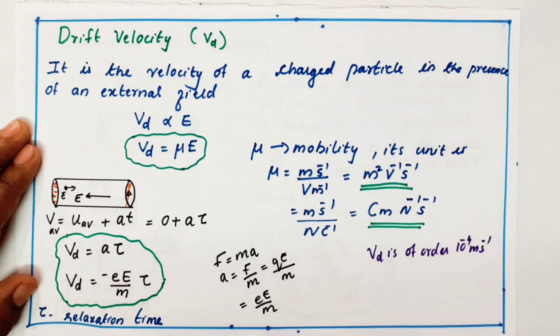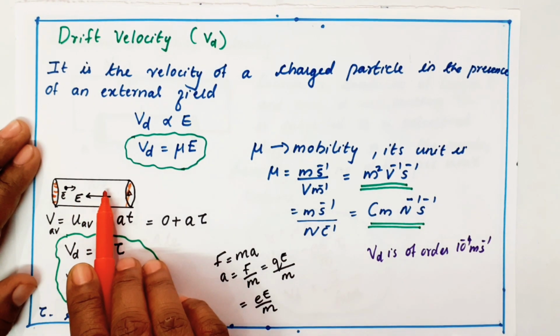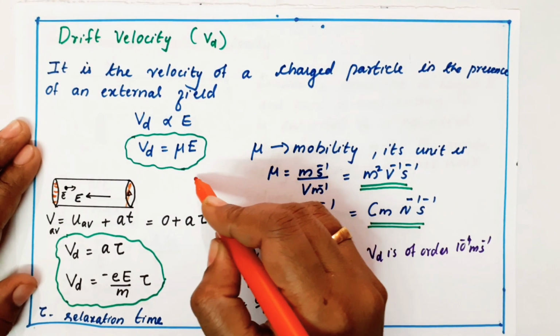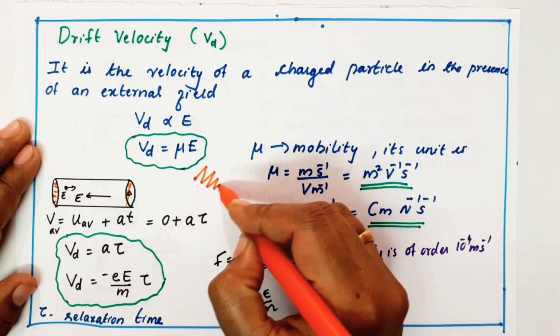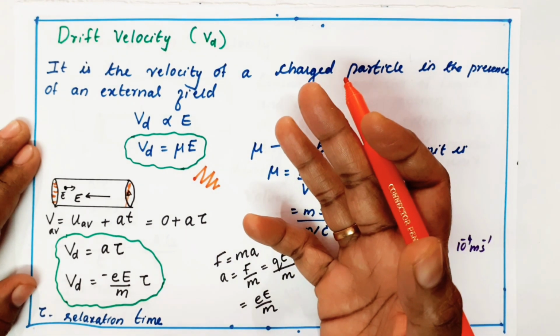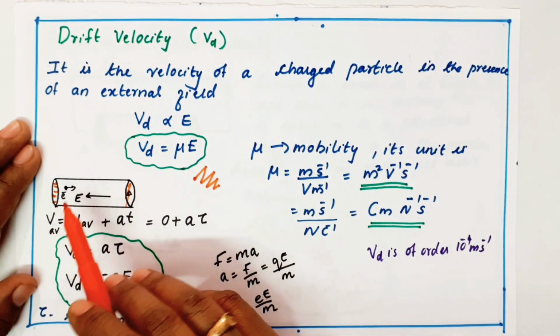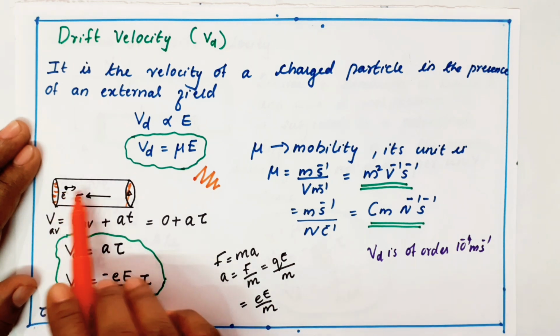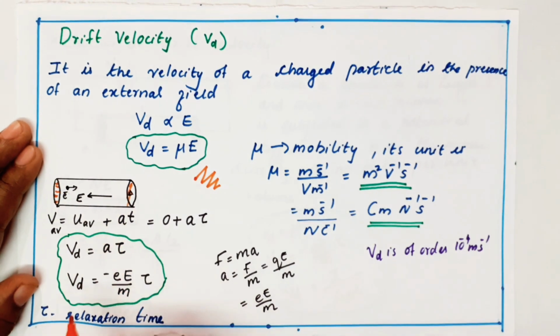It means, I'll tell you. See, this is a conductor. In this conductor, a large number of electrons are there. Right? At first, the electrons are moving in random directions if there is no field. But if you give a field, the electrons move in a direction opposite to the field, because electric field direction is from positive to negative, but electrons move from negative to positive. That's what I marked like this. Electrons are moving like this, but your electric field is in this direction.